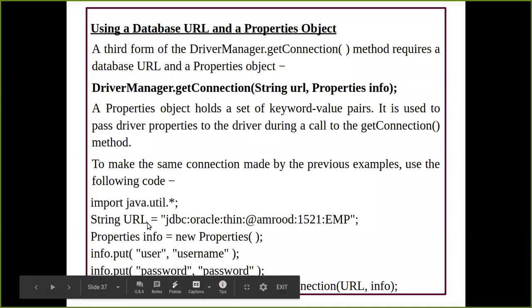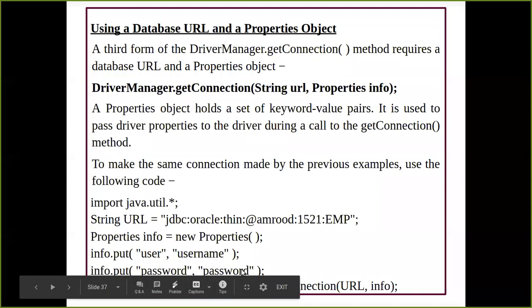See over here what we had, that's your URL. And we're having the same thing that we did for the first part, that is JDBC Oracle thin at the rate your host name, port number, and your database name. What next are we going to have? We are going to have the key value pair. So in this example, this user is going to be your variable, and the value which you are going to store is going to be the value for that variable. So if user is a variable, what value are you going to have, say for example root, which is there by default. If I have a variable called password, and you have a password called XYZ123, you can store it into your password variable.